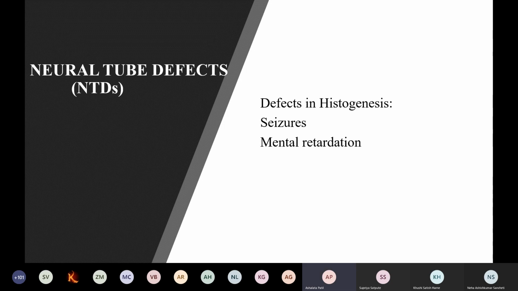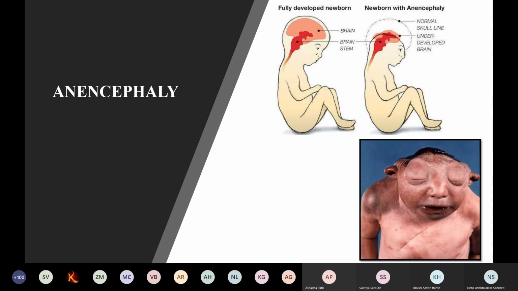If there are defects in the histogenesis, meaning in the neurons, gross abnormality may not be seen, but that leads to seizures, that is convulsions, or it is also one of the factors responsible for mental retardation. Coming to the cranial defects, anencephaly is the absence of the forebrain,